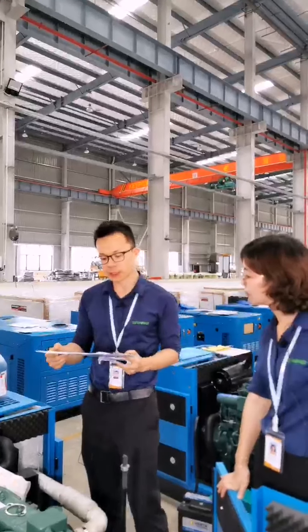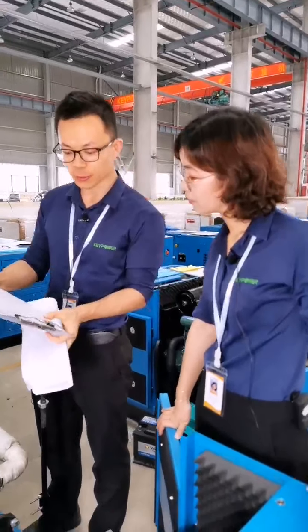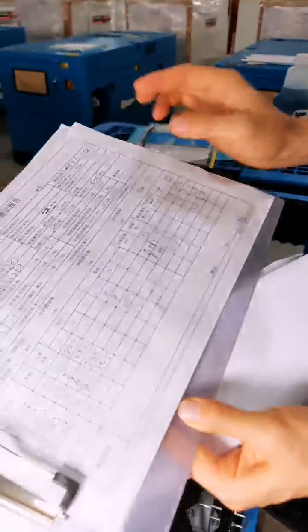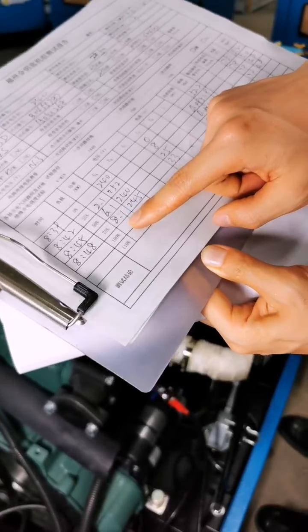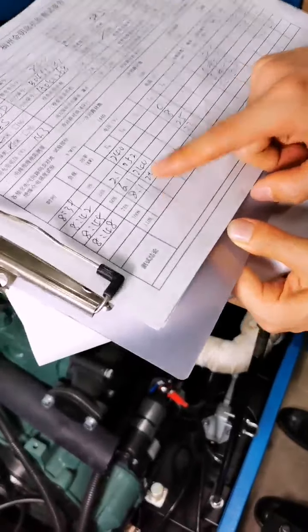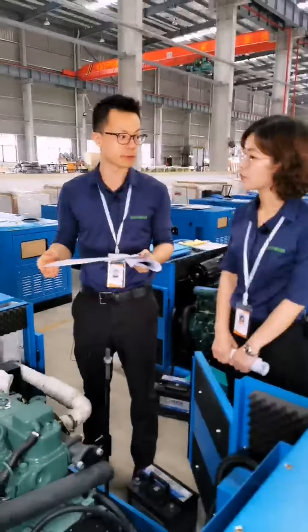Yeah, and for each generator, we test it with our load bank from 0 to 110%. This one, the testing is not finished yet, and later on they will continue the load test for 100% and 110%. Lily, as you know, for the generator testing, we need to fill it with oil, with fuel,